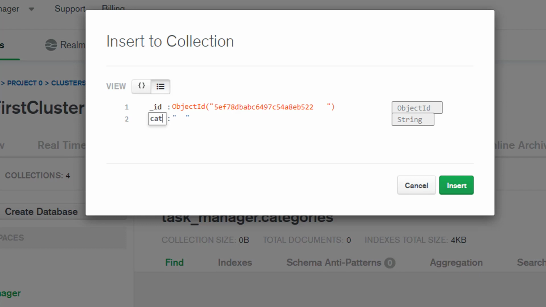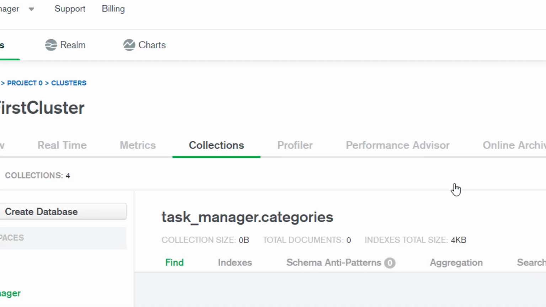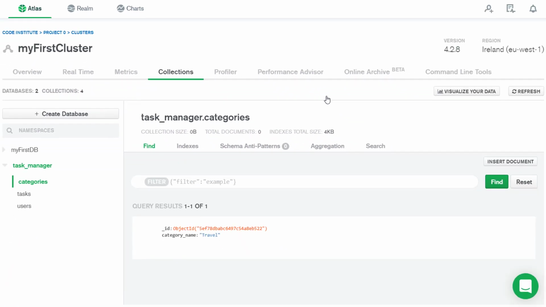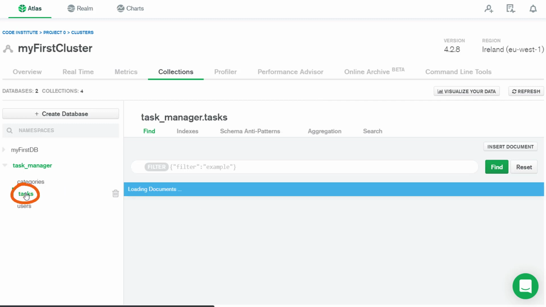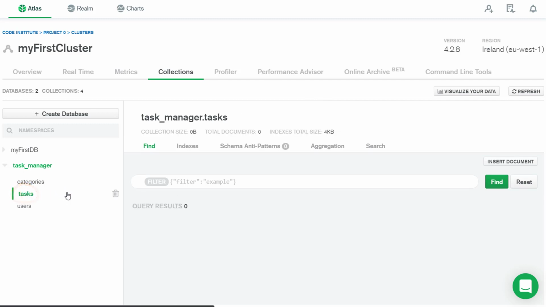Our key is going to be called category_name, and the value will be travel. Then click on the green Insert button. Notice that MongoDB also provides an ID, which is similar to a primary key in a relational database like SQL. This will be the only category we manually add for now, so let's go to the Tasks collection to insert